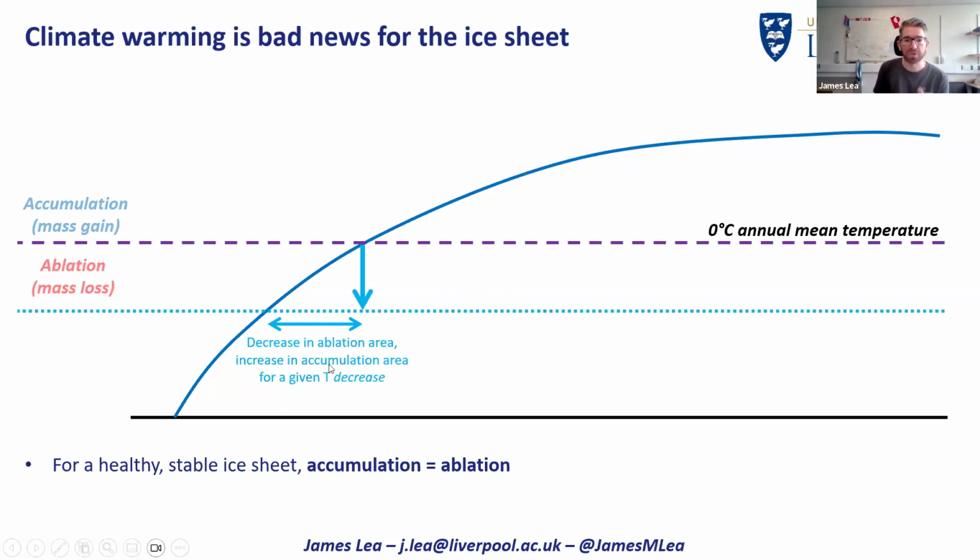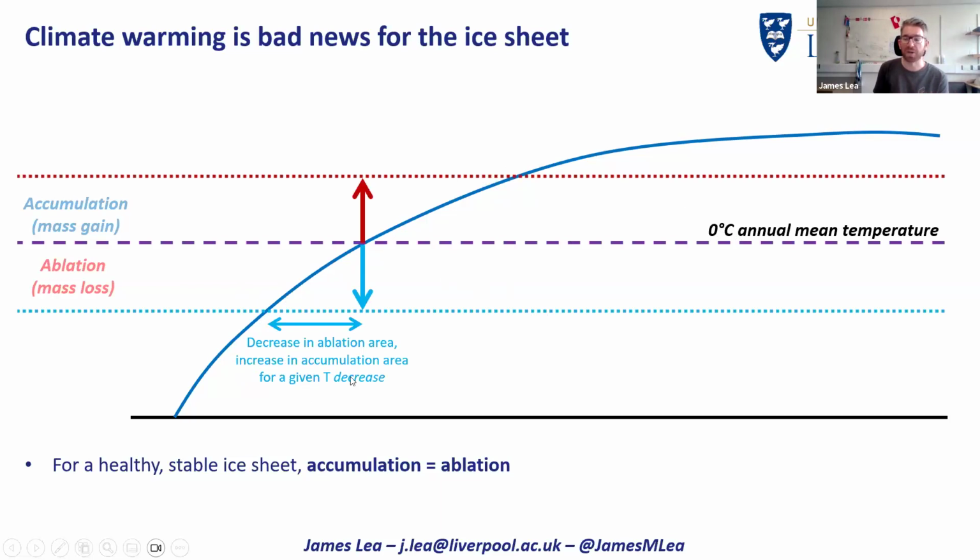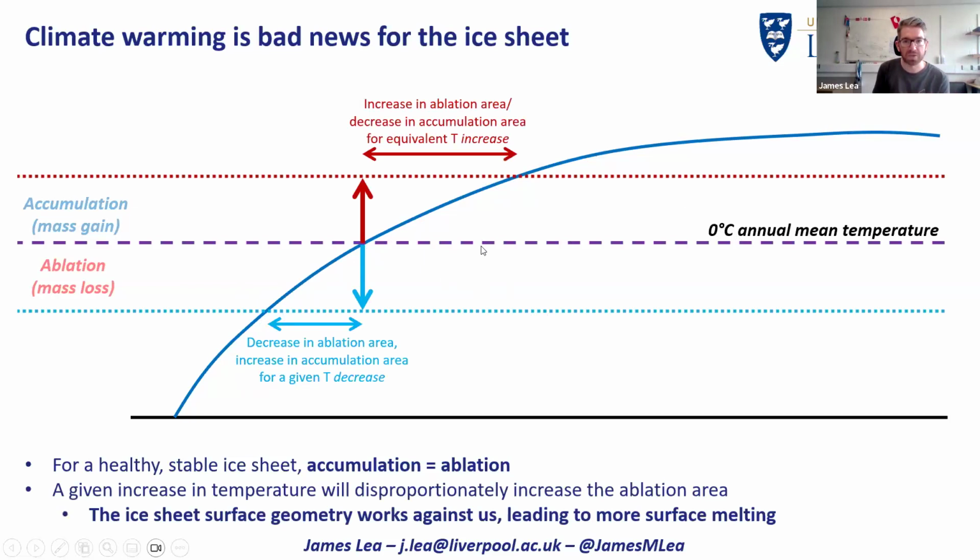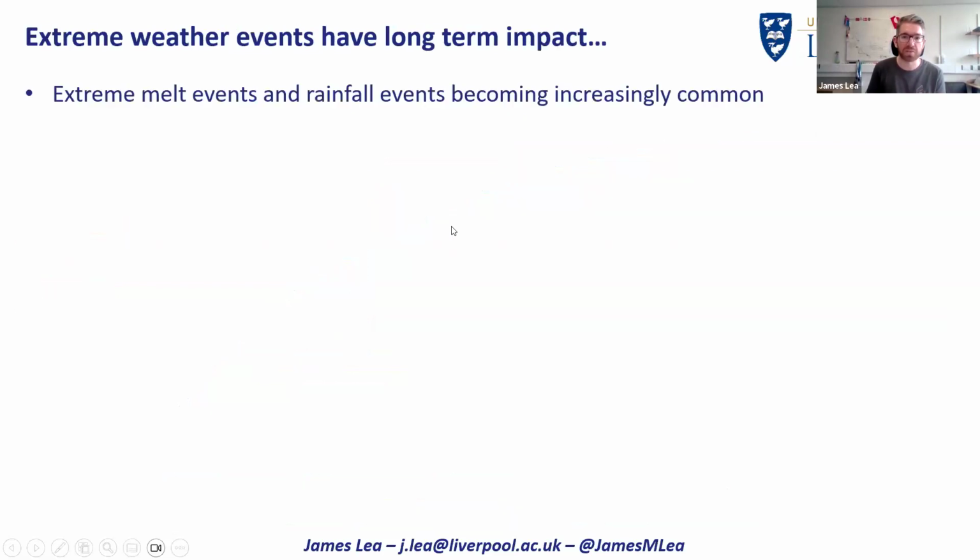But if we were to increase the temperature by the same amount, the shape of the ice sheet means that we're going to start melting a proportionately larger area than we would otherwise. So that is really important for future climate change. For every decimal of a degree change, we start to melt more and more of the ice sheet. So that's the long-term climate